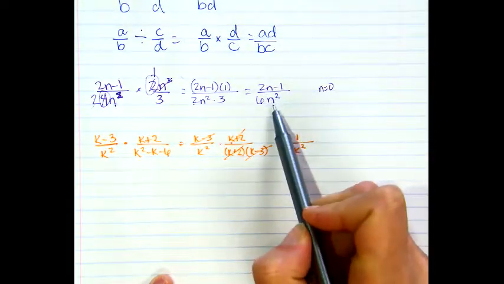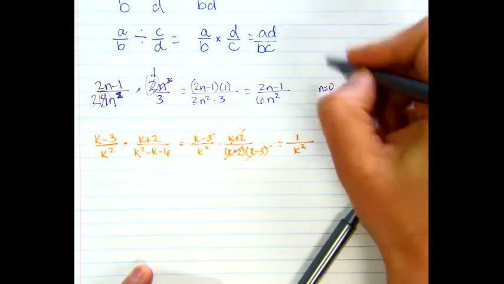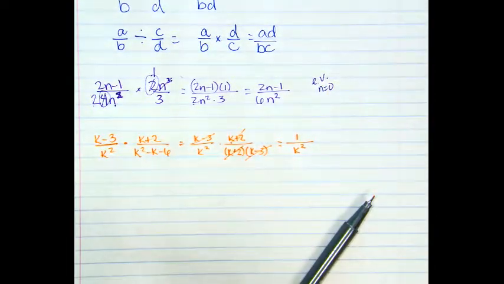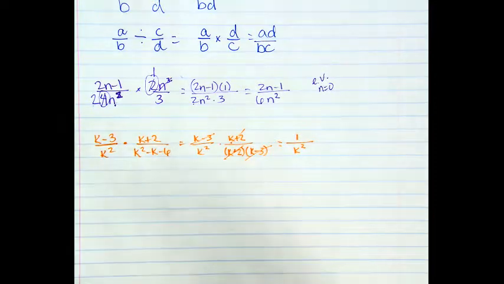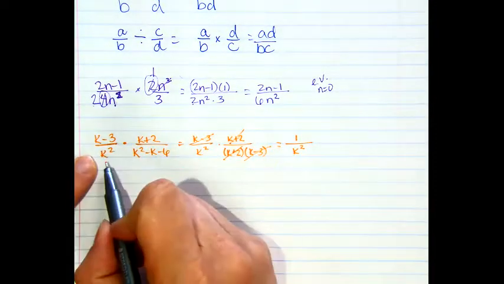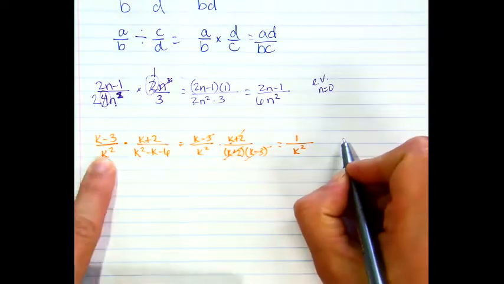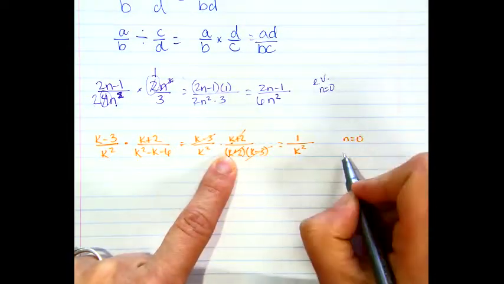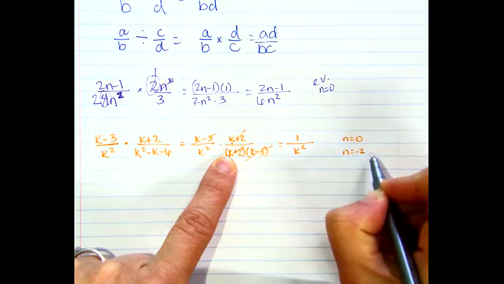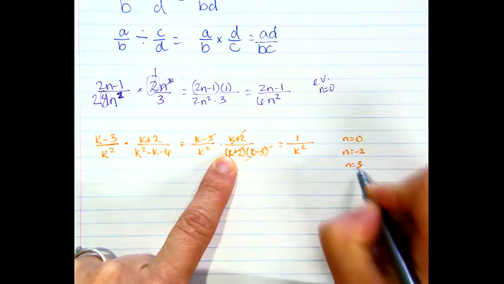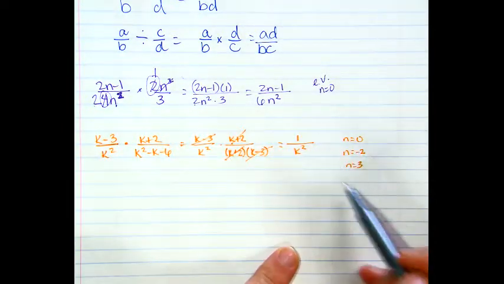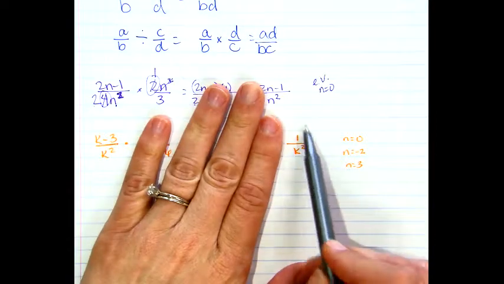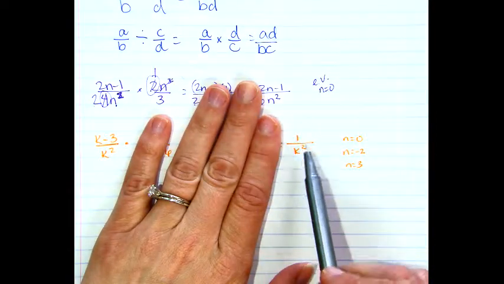And when that gets all simplified, I can see that that stays the same. So the excluded value there is n equals 0. If I were to look at the excluded values here, though, in this case, I have n equals 0 from this k squared. But once this is factored, I can see that my other excluded values would be -2 and 3. So I have 3 excluded values, even though when it's actually multiplied out, I only have 1 over k